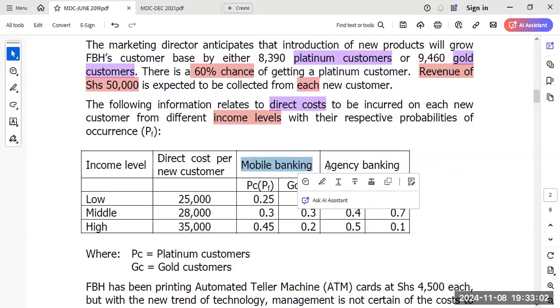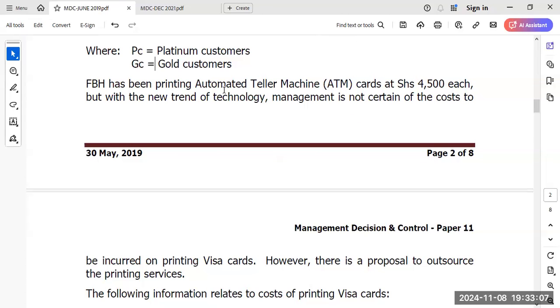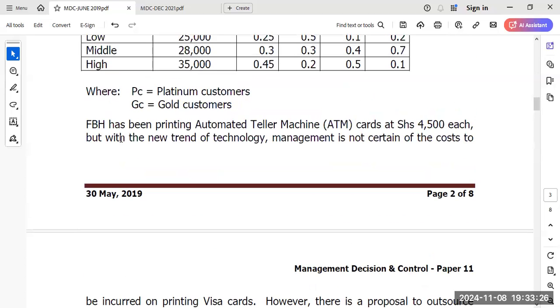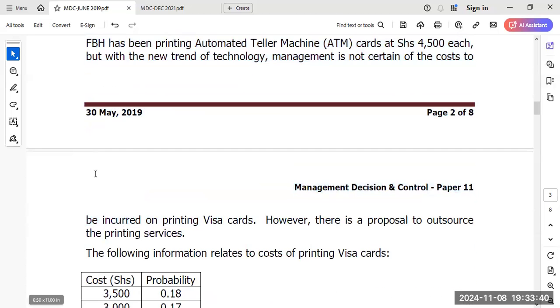And you have mobile banking, you have agency banking. Okay. FBH has been printing automated teller machine cards, achieving this, but with the new trend of technology, management is not certain of the costs to be incurred on printing Visa cards. However, there is a proposal to outsource. So I think this paragraph, you see that actually it is a paragraph to help you answer part